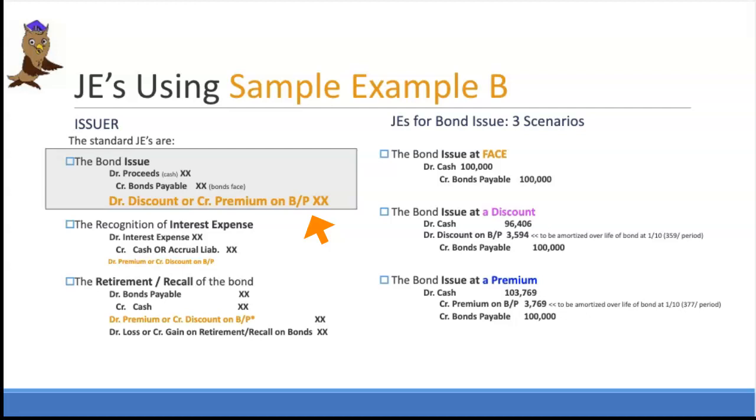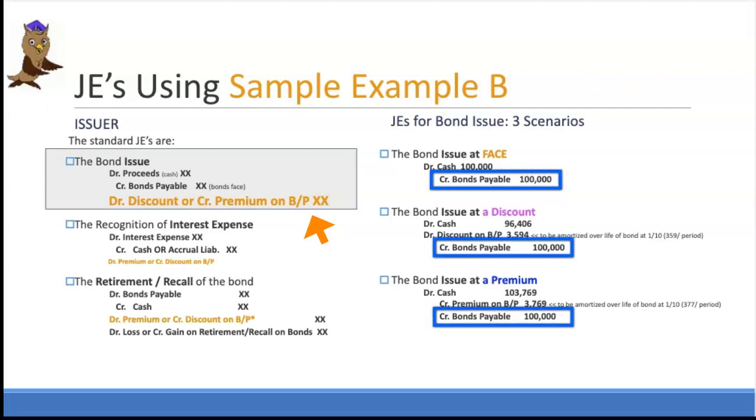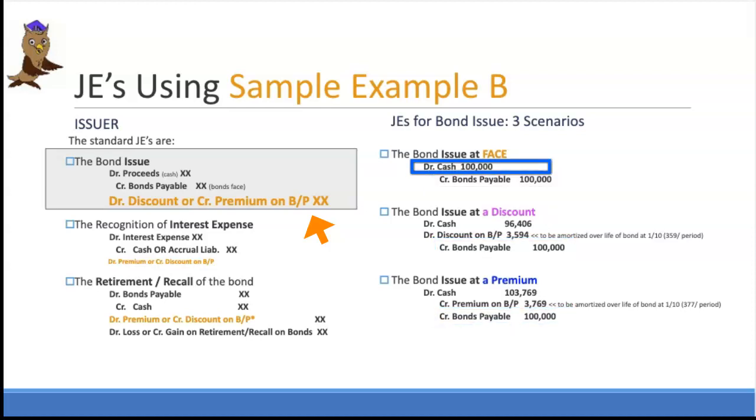Using the result from our example B, you see that in all cases there is a credit to bonds payable for the face amount of 100,000. Cash is debited for the full contract amount of 100,000 when the bonds are issued at face. But when the bonds are issued at a discount instead, cash is debited for the discounted proceeds of